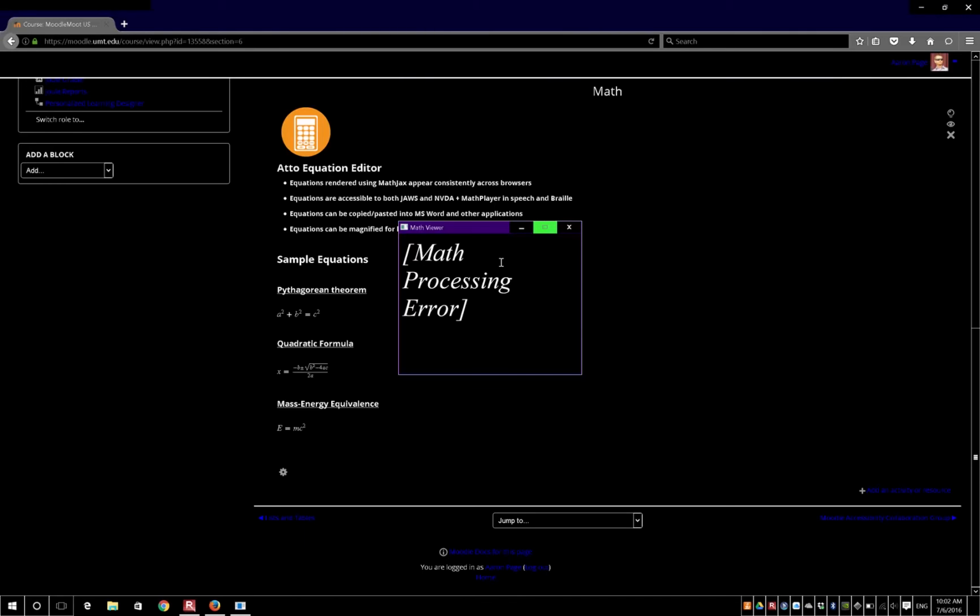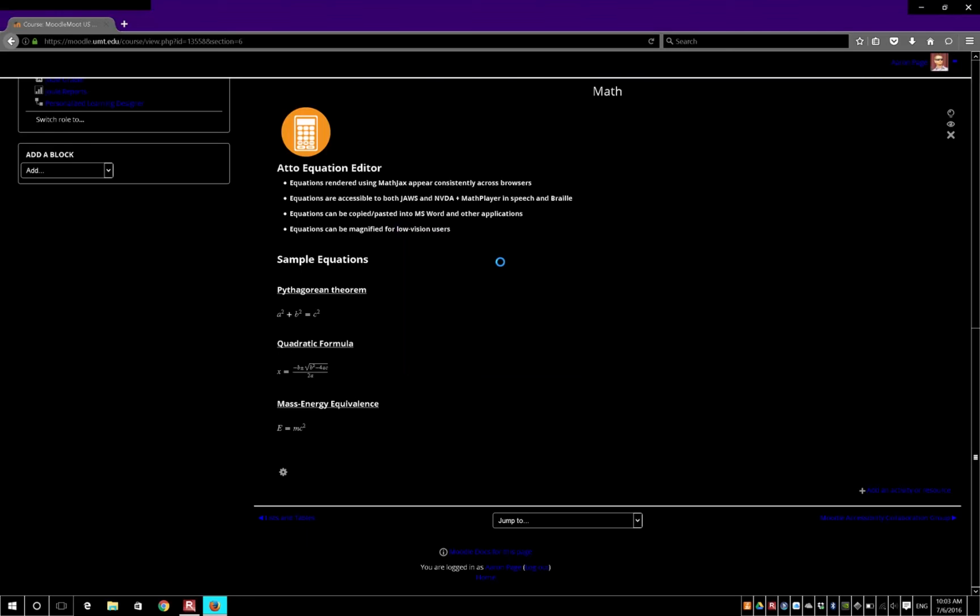So my math viewer has loaded, and now I can use the left and right arrow keys to move through the equation. Equals X equals negative b plus or minus the square root of b squared minus 4ac, over 2a. Now if I wanted to zoom in on a particular portion of the equation, I can do that as well. Negative b plus or minus, the negative b, plus minus sign, square root of b squared minus 4ac. b squared, minus 4ac. No more terms at this level of the current expression. And with JAWS, this would also be displayed in Braille now on an external Braille display. Escape, course colon,